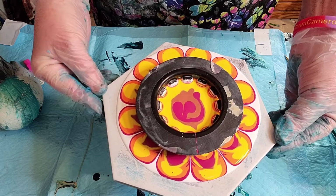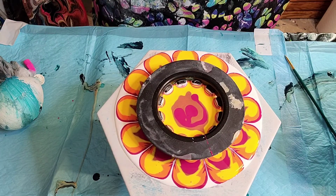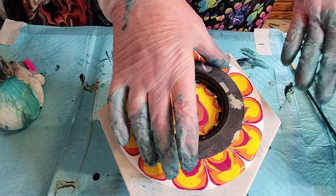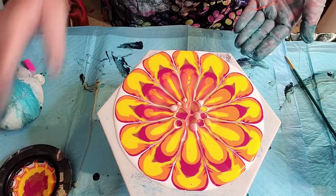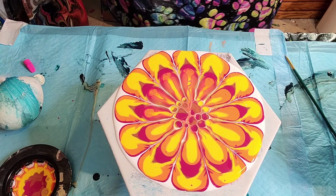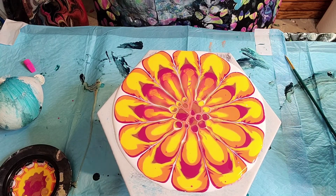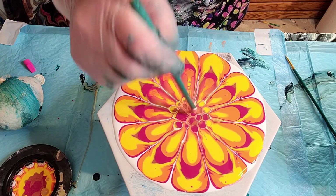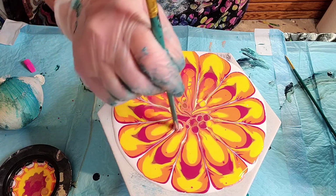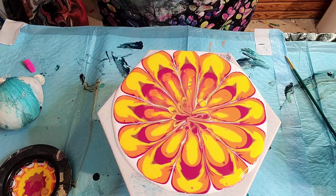Okay. Let that come out a little bit more. No silicone in any of these colors, so there won't be any cells. Well, I won't say there won't be any cells, but there might be a few. Kind of going every other, every third. I just want to break up that center a little bit because I know when I tilt it,